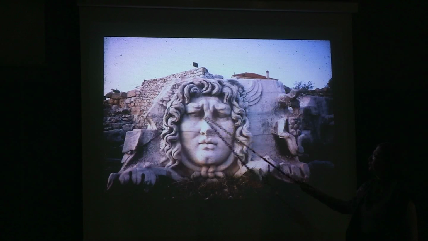Her eyes are crossed, and then the curls of the bands of hair again are tousled about. So it's very realistic. It's very dramatic, totally non-classical in the way she is depicted, but still in connection with